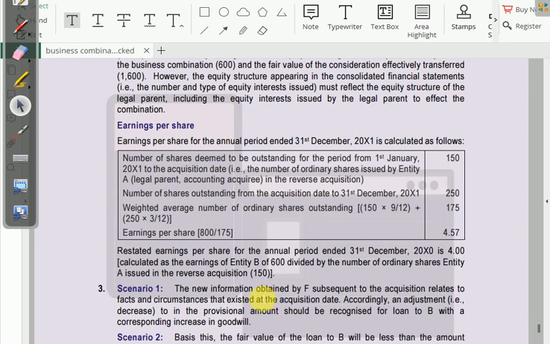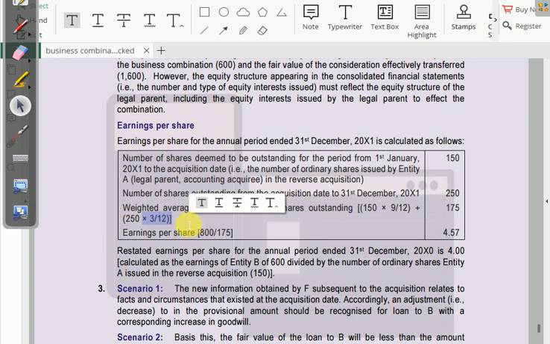ईपीएस की सिचुएशन उन्होंने क्या, number of shares deemed to be outstanding for the period from 1st January 2000 to the acquisition date is the number of ordinary shares issued by entity A, legal parent, in the reverse acquisition. 150 शेयर्स तो थे ही, उसने इश्यू किए 150। नंबर ऑफ शेयर्स आउटस्टैंडिंग फ्रॉम द एक्विजिशन डेट टू 31 दिसंबर, उसमें 250 हो गए। तो पहले 9 महीने के लिए 150 शेयर्स रहे और बाकी के 3 महीने के लिए 250 शेयर्स रहे।